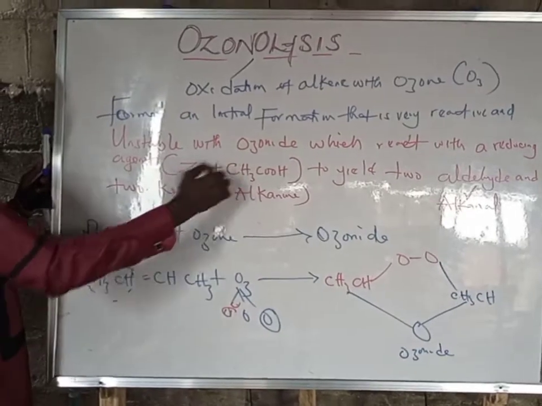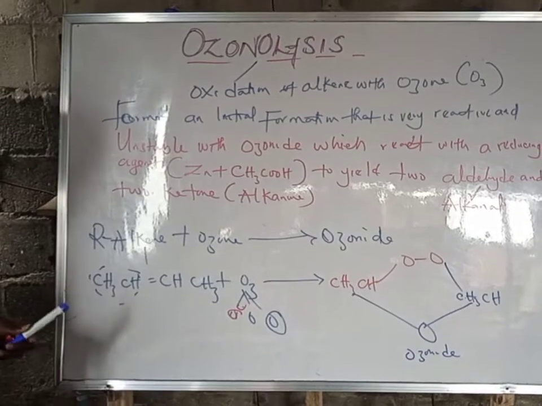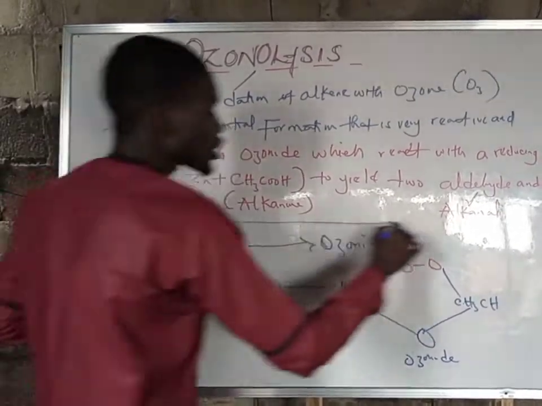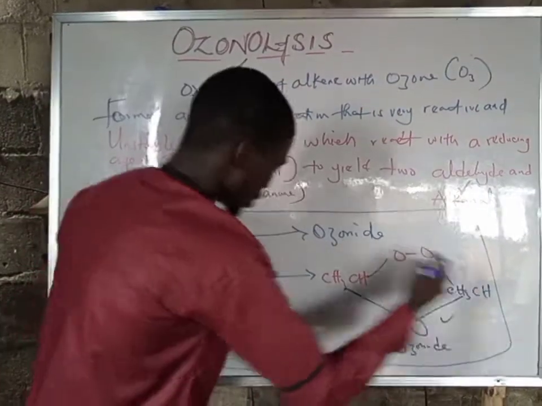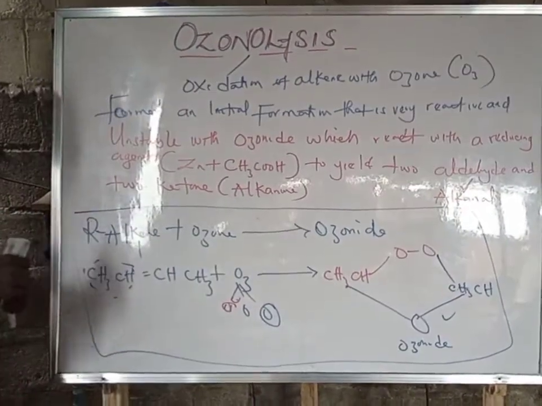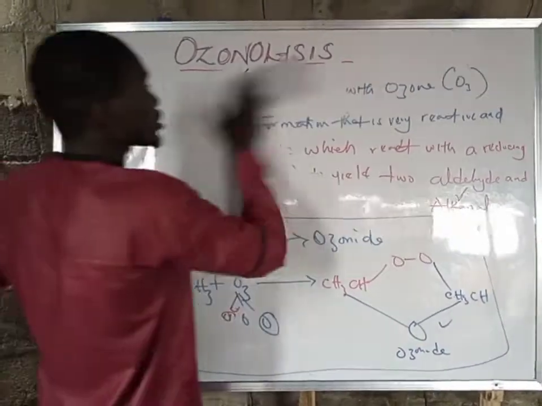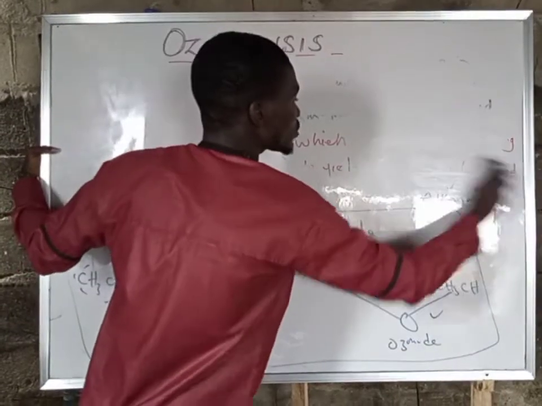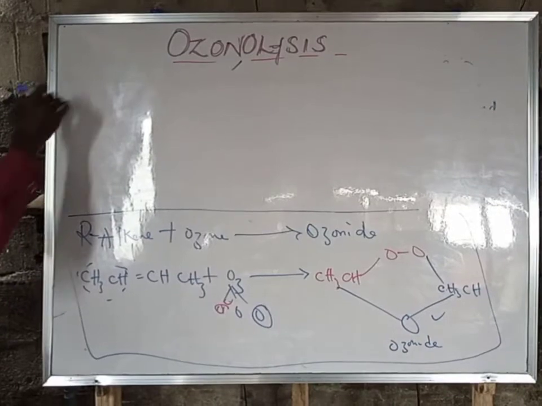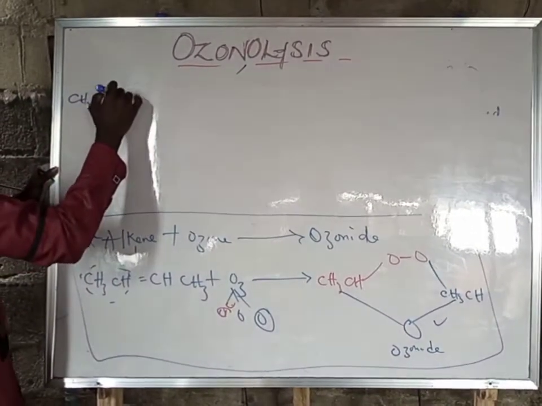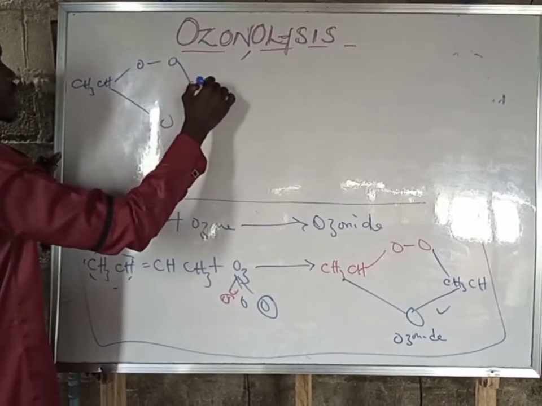You can see now that we have an unstable ozonide, which decomposes with a good reducing agent, which is zinc plus acetic acid, known as ethanoic acid. So now, class, the end product here, we have ozonide, which is this, is going to react with water. So with that, we write our ozonide in this form. We have CH3, CH, CH3, CH2